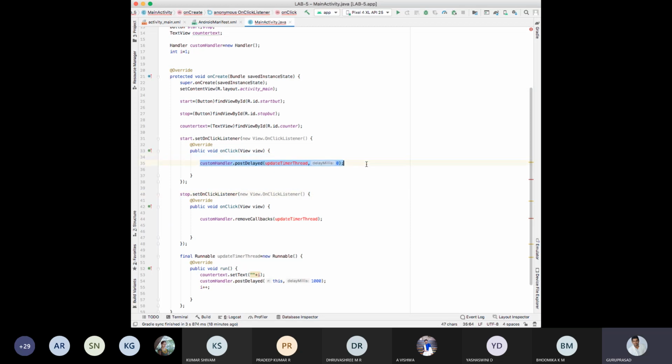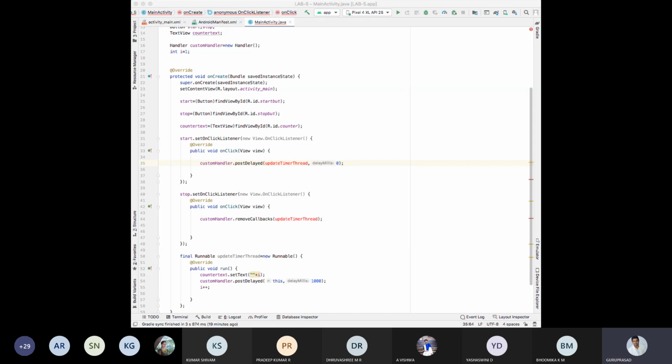So this is like custom handler dot post delayed dot update timer thread, comma 0, semicolon. Now, it removes the callback upon stop.